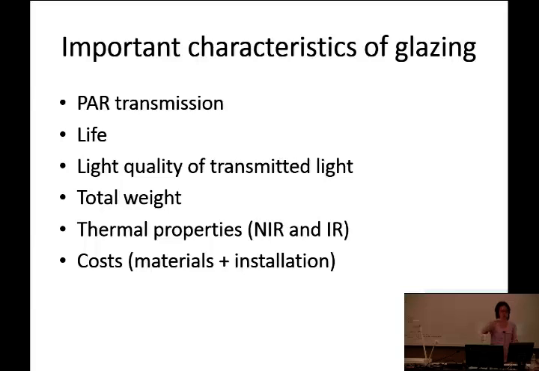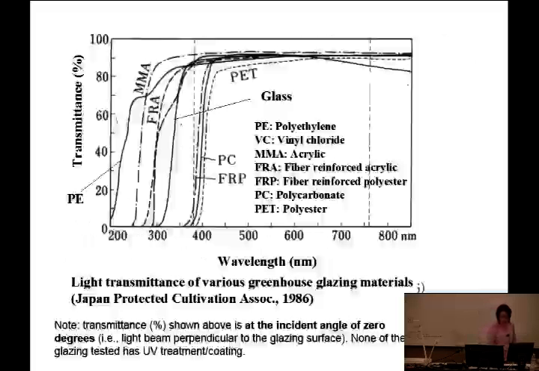For example, glass can protect much better than PE, polyethylene, because the transmission of long wave radiation is much less in glass. But anyway, we talk about that Wednesday. And then, of course, cost. So this one is a very old material and not even in English, so I had to translate. But anyway, this is perpendicular lab data, but it is a good reference to see different materials used